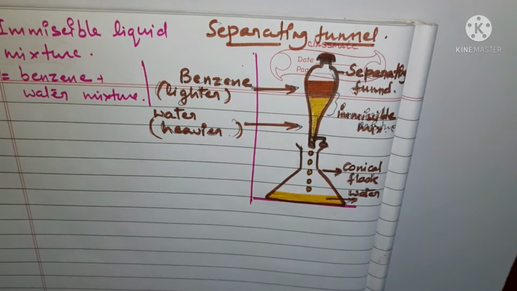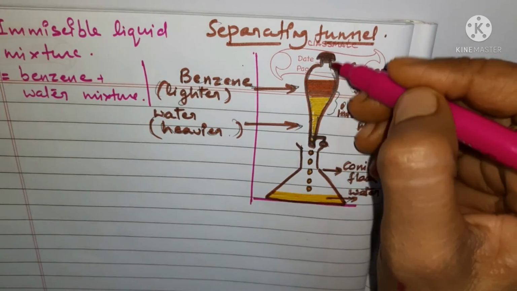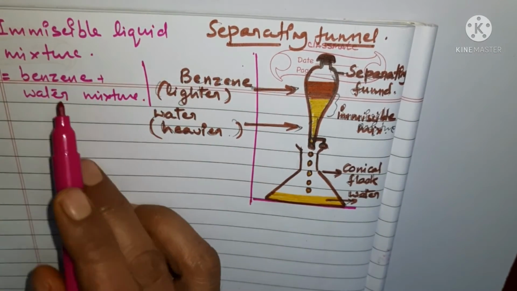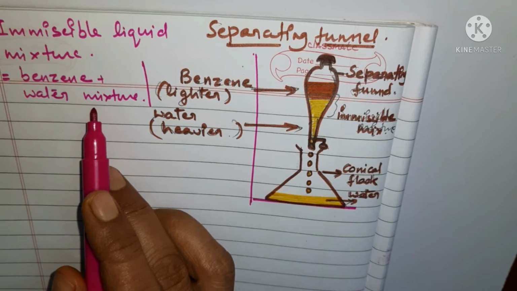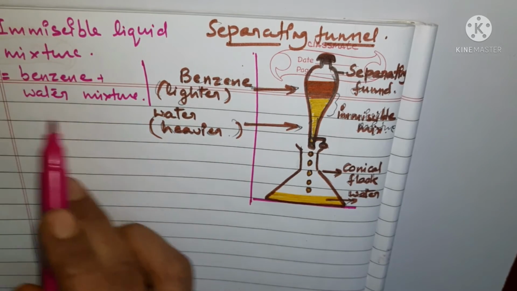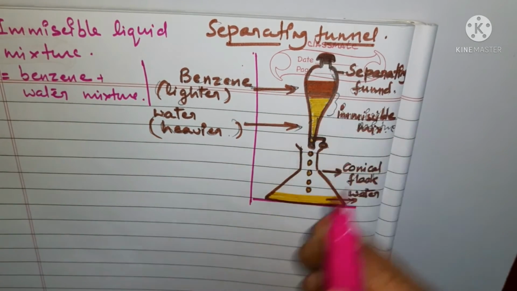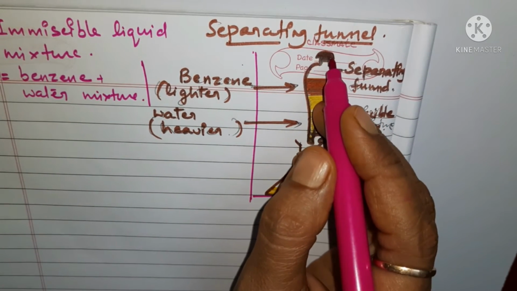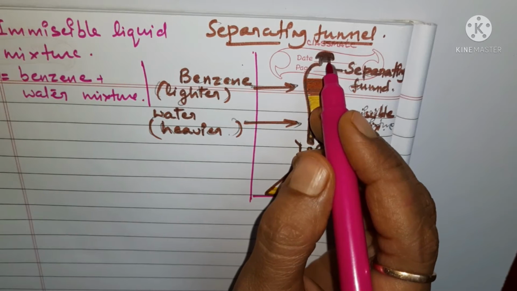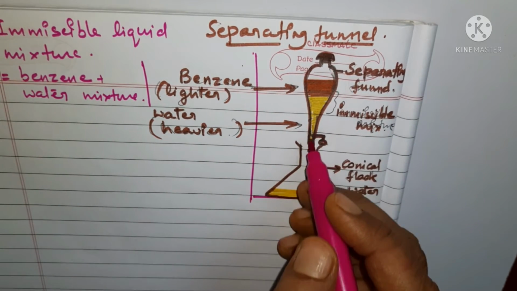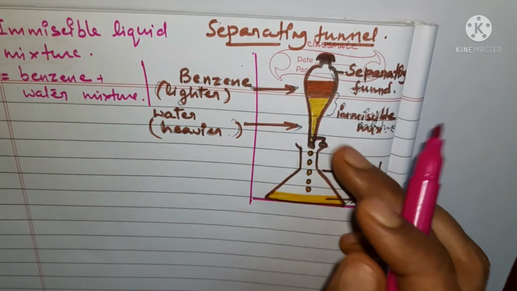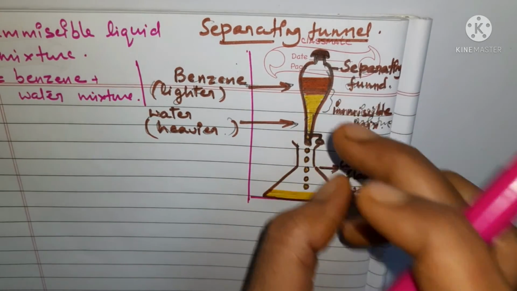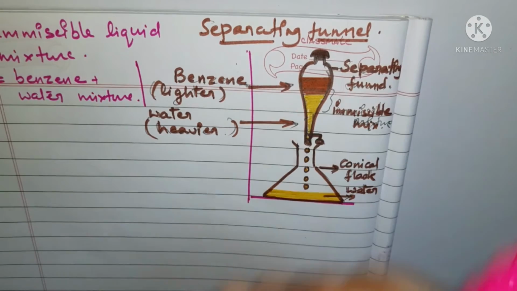And what happens is that you will pour this immiscible liquid. You are given some immiscible liquid, say a benzene and water mixture is there with you. And you are going to pour this mixture into this flask, this funnel. And you are going to close the lid of this. You are going to keep the mixture in this for at least half an hour.